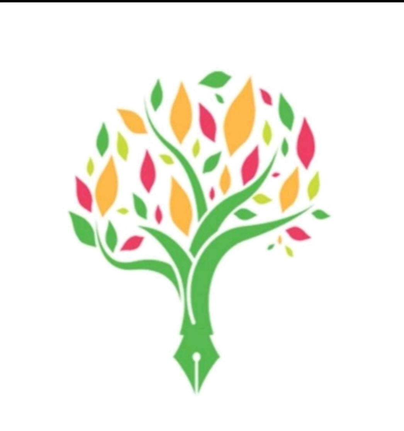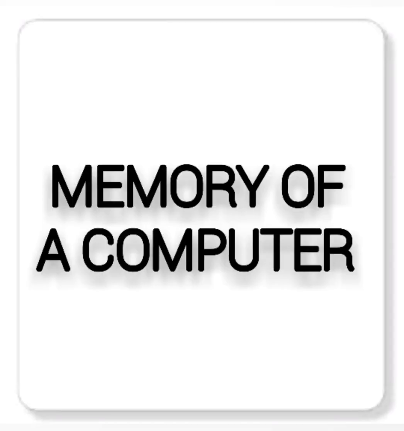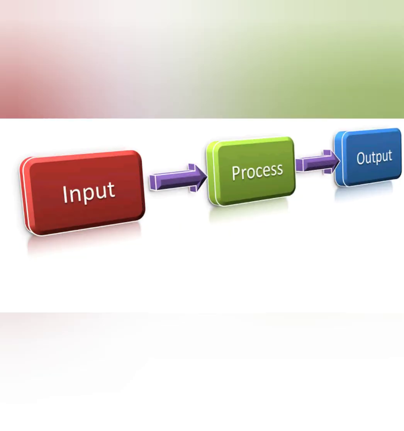Today, we are going to learn about the memory of a computer system. Yes, we shall start the lesson. As you all know, a computer is an electronic machine that works on the principle of the IPO cycle, that is the input, process and output model. So, what is input? Input is nothing but the data the computer needs to work. So, any data or information we send to the computer is called input. Input is sent to the computer using some input devices.